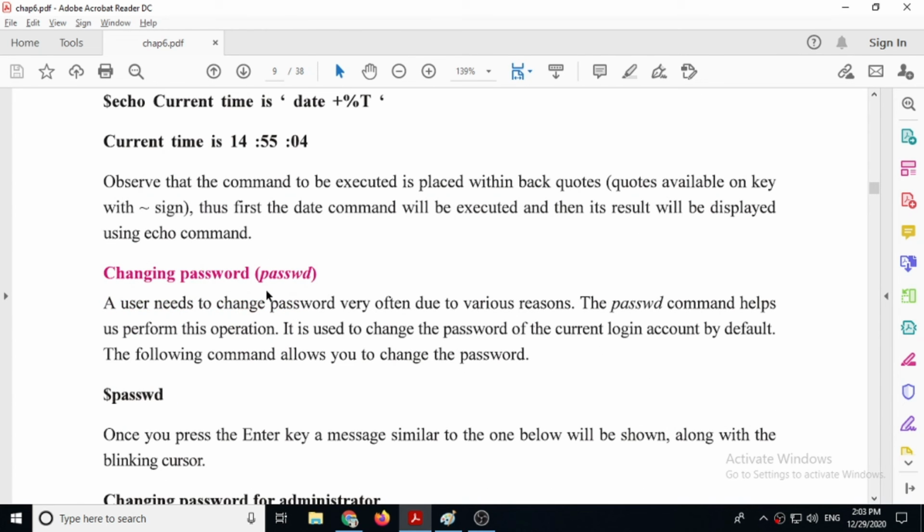Next is the passwd command. But this command actually works in a real operating system, not in this interface. When you give the passwd command, it will ask you to change the password of the current login.